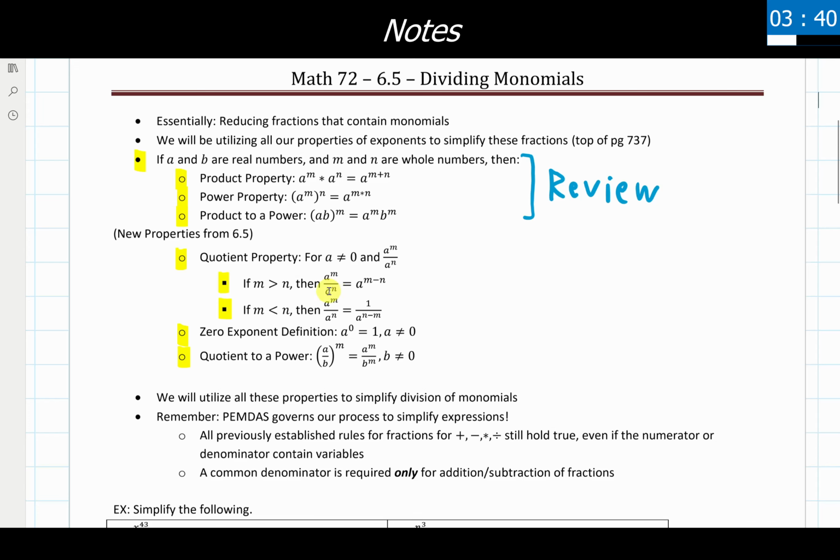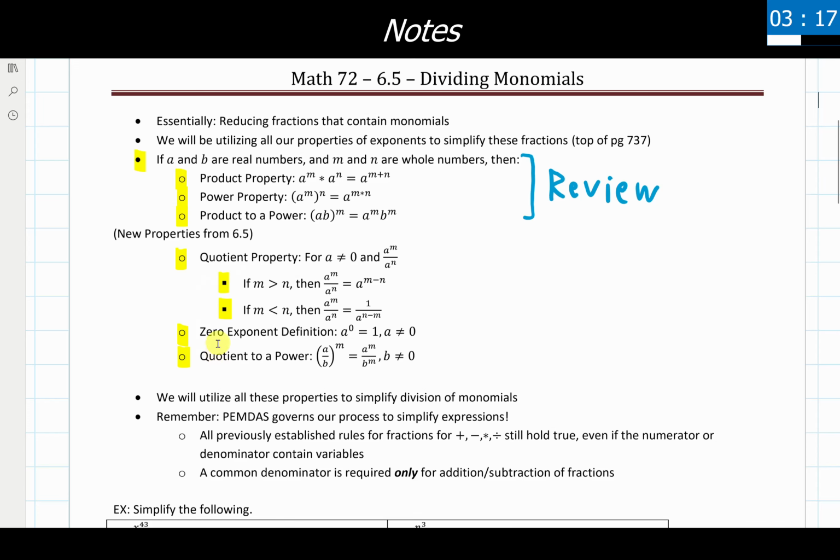We do cover in the 6.7 material how to work with negative exponents as an alternate way of going through and working with the quotient property, but we'll save that for that specific section. We might see a little bit of that show up here today, but we're going to primarily use this version and these properties or ways of going through the quotient property.